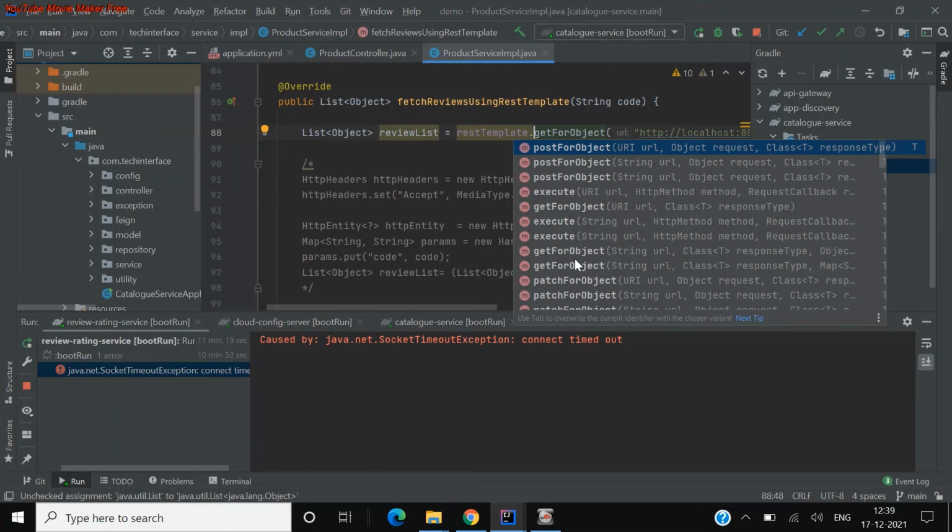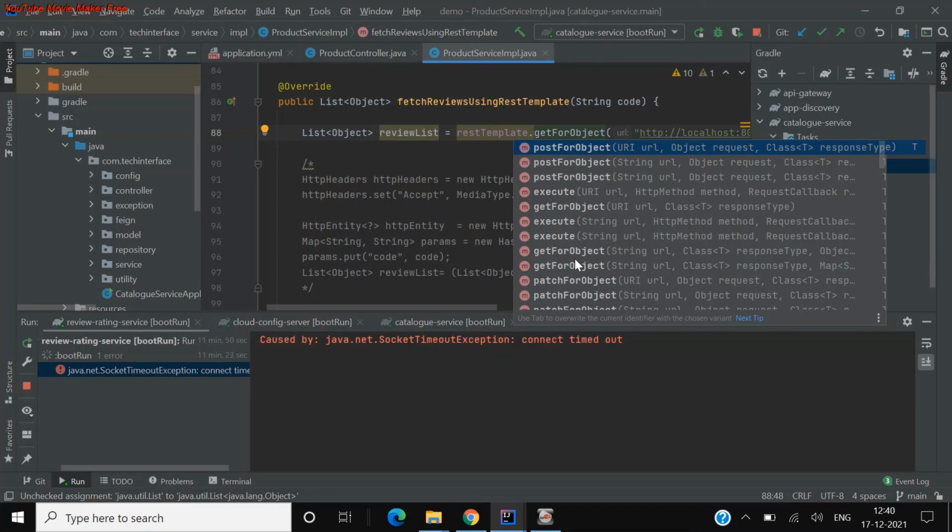It has some drawbacks, as with the Feign client as well. You are heavily dependent, or heavily coupled, with other microservices within your code. So if the other microservice is not available, it's very difficult to manage all this communication. There is one more type, which is event driven, where you use messaging queues so that you just post a message and other microservices read from there. But I'll come up with a separate video for that type of communication.